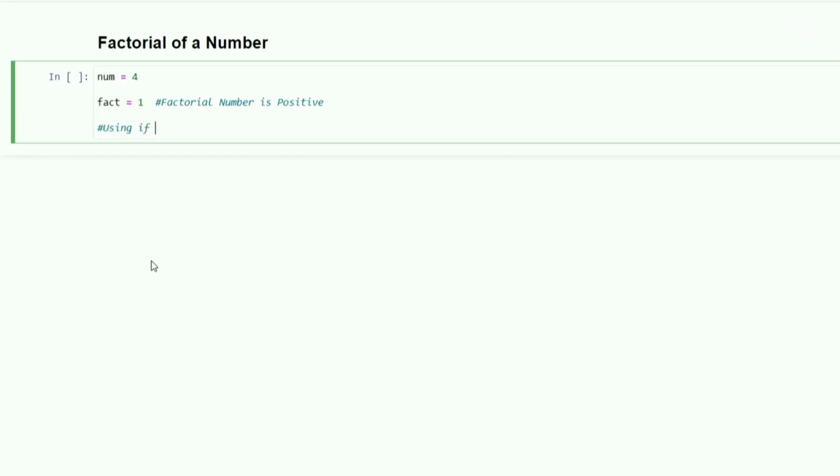Now before finding the factorial of any number, we have to check the condition of that number, whether the number is positive, negative or 0. For that we can simply use an if else statement.